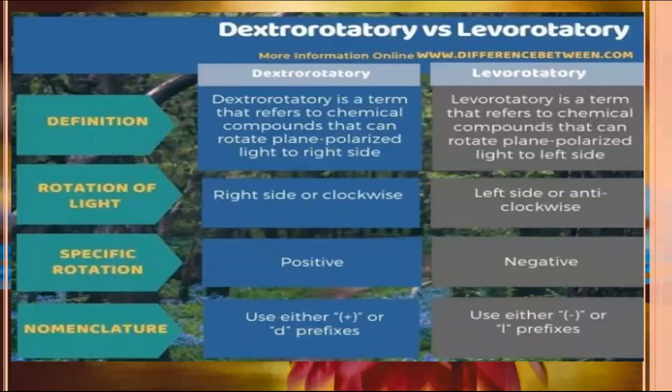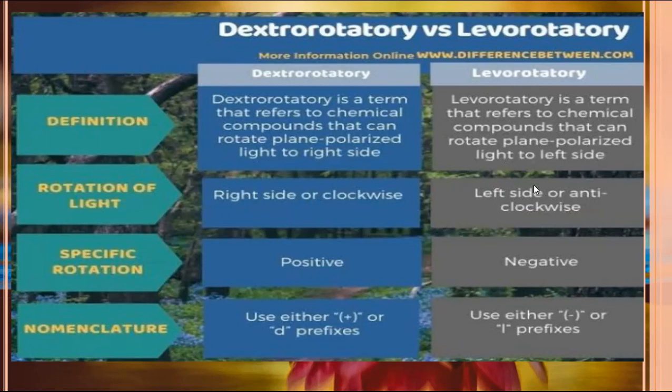So here we discussed dextrorotatory and levorotatory forms of the glucose and fructose molecule. Dextrorotatory is a term that refers to chemical compounds that can rotate plane polarized light to the right side direction. Levorotatory is a term that refers to a chemical compound that can rotate plane polarized light to the left side. So rotation of light to the right side or clockwise is called dextrorotatory, and left side or anti-clockwise is called